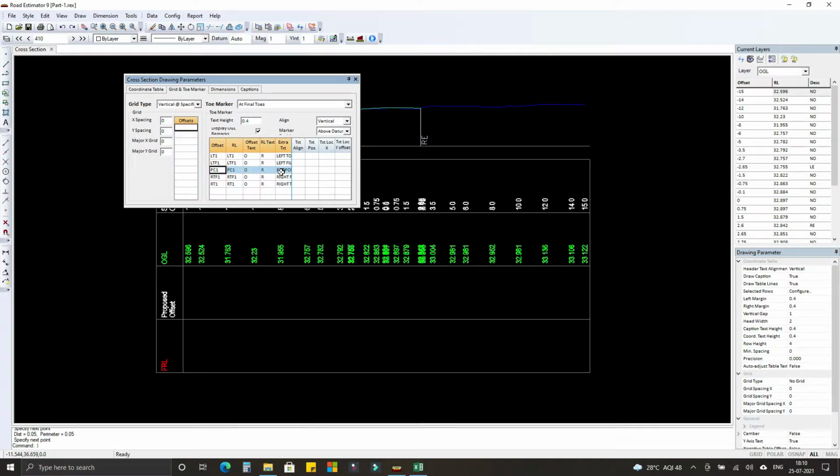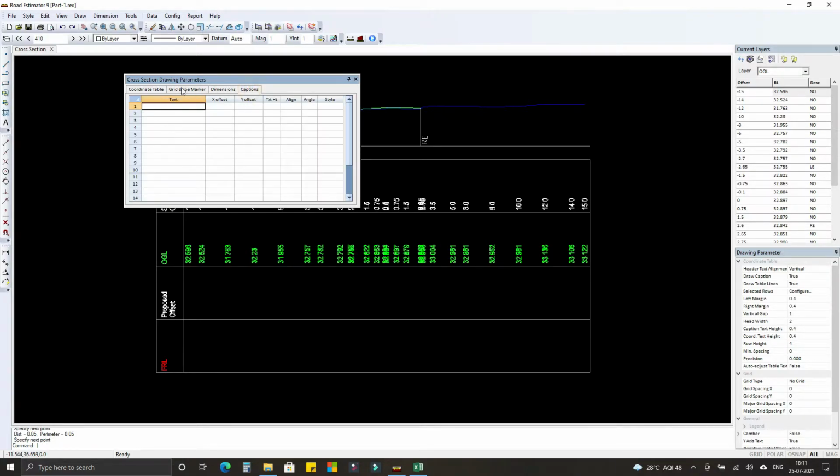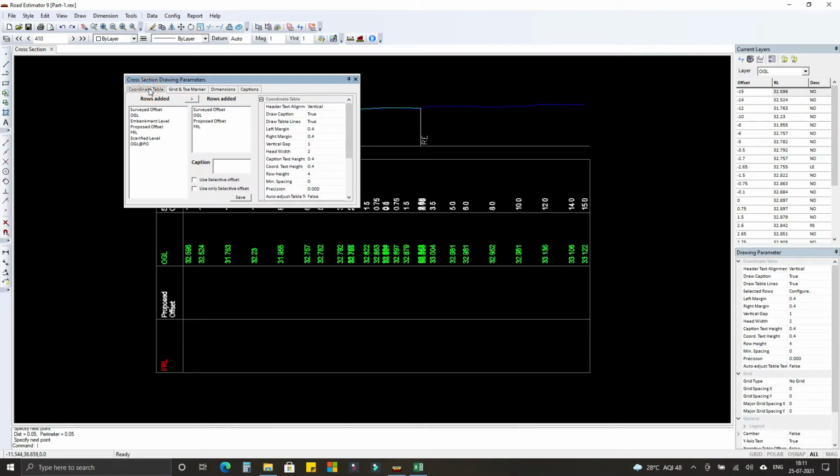PCL means proposed center line. Delete this. Go to dimensions, select add dimension, select type default detailed. Then save this. We don't need captions. If we require, we can provide it. Okay, let's close this first.